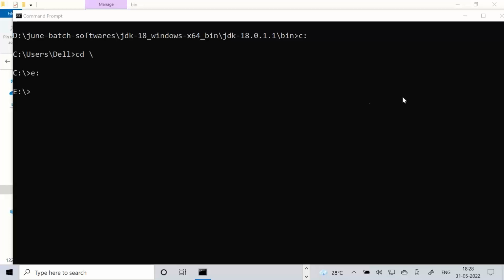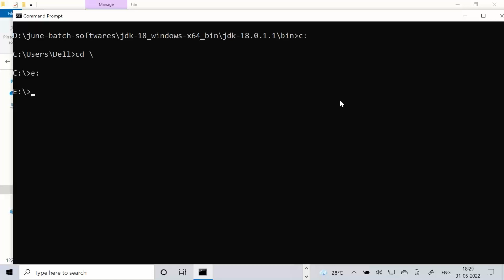CLS. Now, we need to configure our javac command and Java command location to the command prompt. How can we configure the javac command location and Java command location to the command prompt? Once we configure them, the command prompt will know, and we can run from C drive, D drive, E drive, F drive.